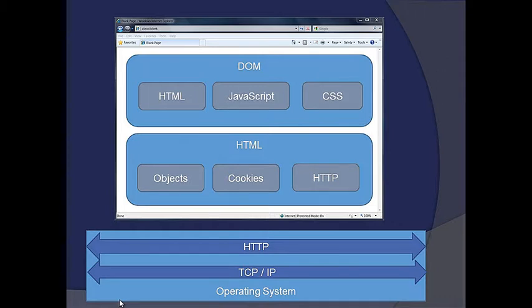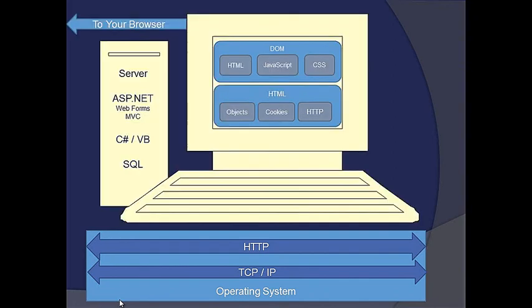So HTTP stands for the Hypertext Transport Protocol. You can think of it as like a bundling service that runs on top of a lower level network stack called TCP/IP. And HTTP is the level at which our World Wide Web applications move from browser to server back to browser. And of course, inside the browser, that whole collection of stuff we often refer to as the document object model, and that's what we interact with when we manipulate what appears in our browser at runtime. So whatever our server does, whatever technology